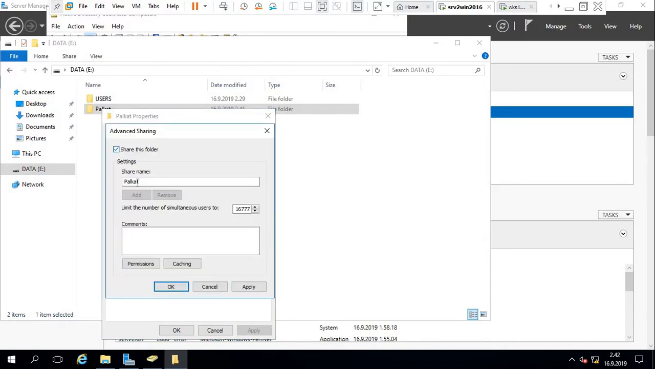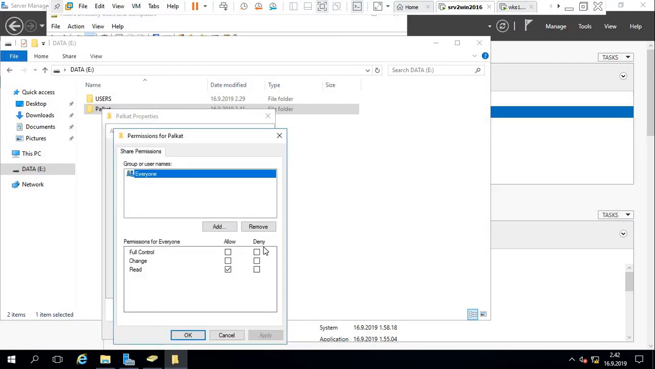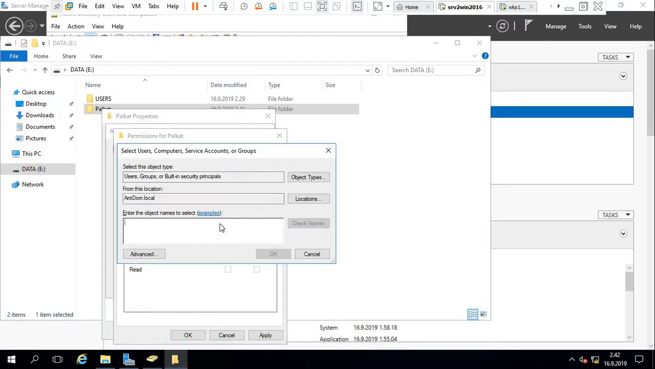this folder, Palkat. This time you don't need to hide this folder, because it always needs to be shown. Okay, so this is the folder, and permission is very important. Again, we don't need it to be shown to everyone. We write authenticated users, because only